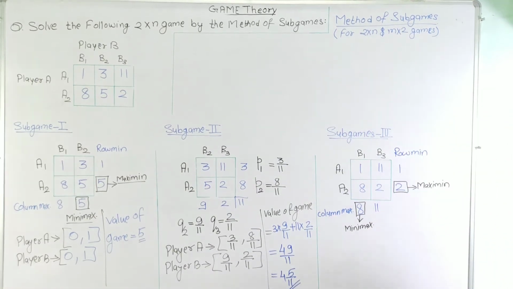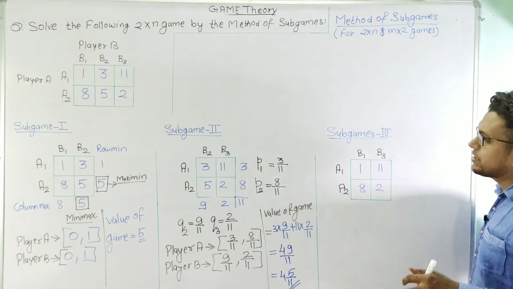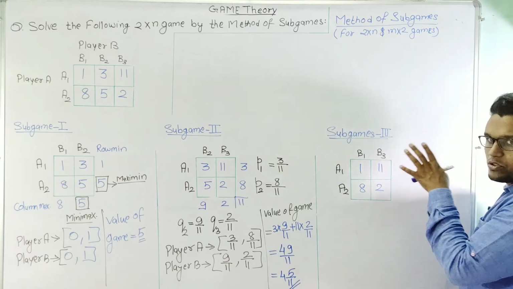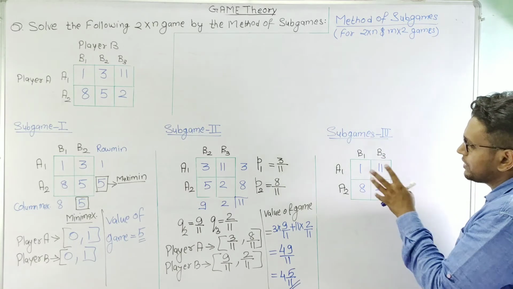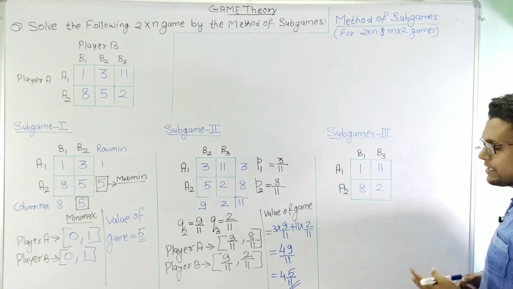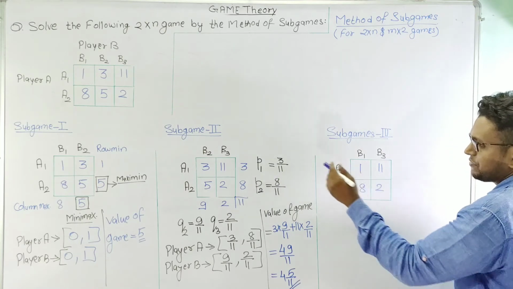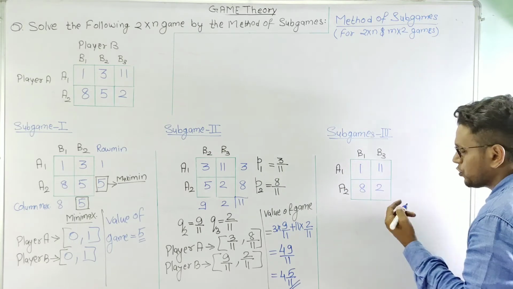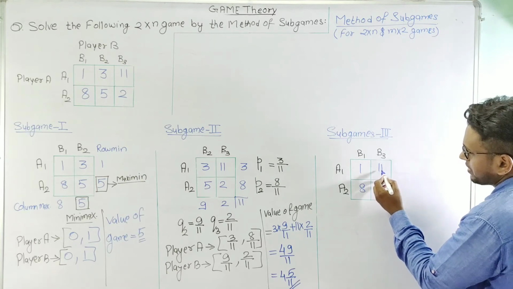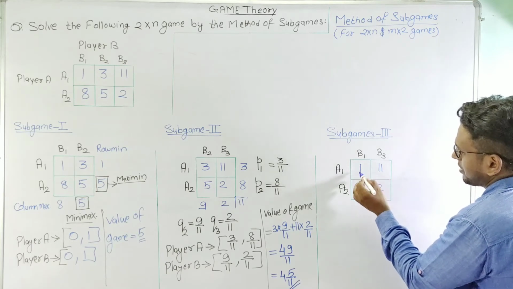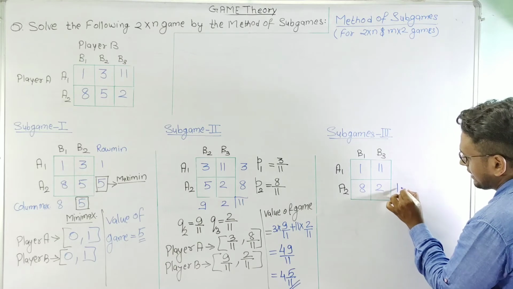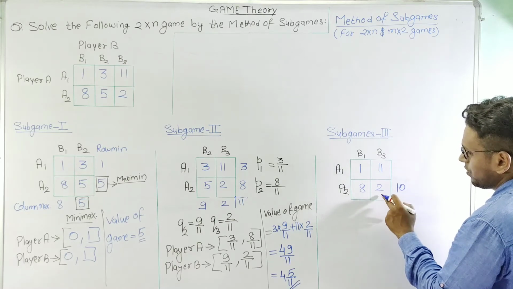So let us now solve this problem using the mixed strategy. Now in order to find the values through mixed strategy, we need to calculate the oddments here, and we'll calculate here just as we have done in our previous sub game 2. So the difference here for row 1 is 11 minus 1, 10, and we will write 10 against the opposite row.